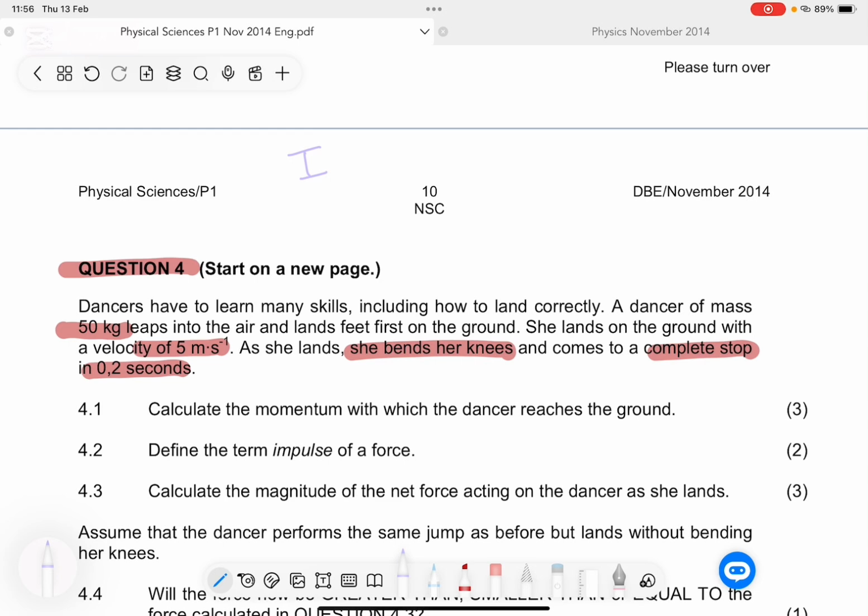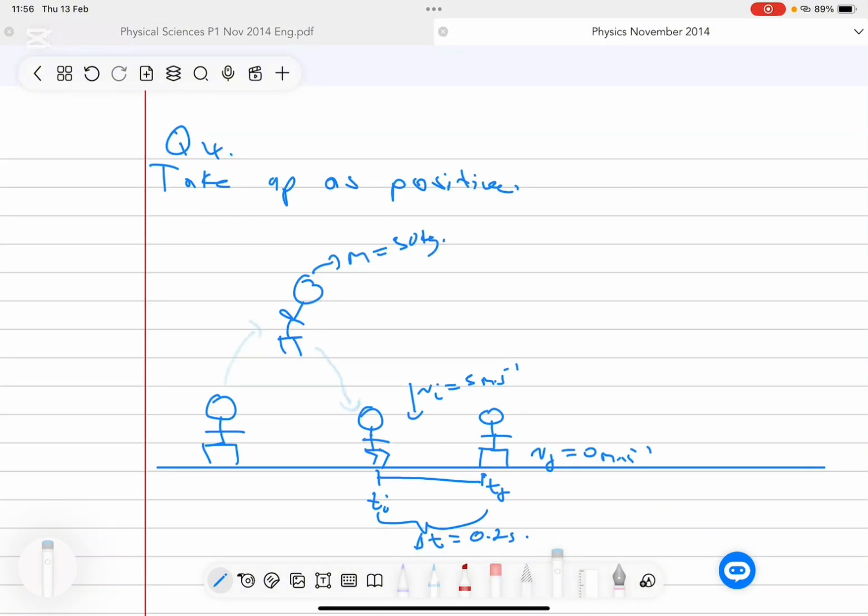The second rule that we're going to use to solve the problem would be problem classification, and is represented by the letter C, C for problem classification. Under classification, what we actually do here is that we match this problem that we're given, question 4, with the part or the topics that would relate to this problem. When I look at this given information and the scenario that I have here, I think this relates very well with impulse